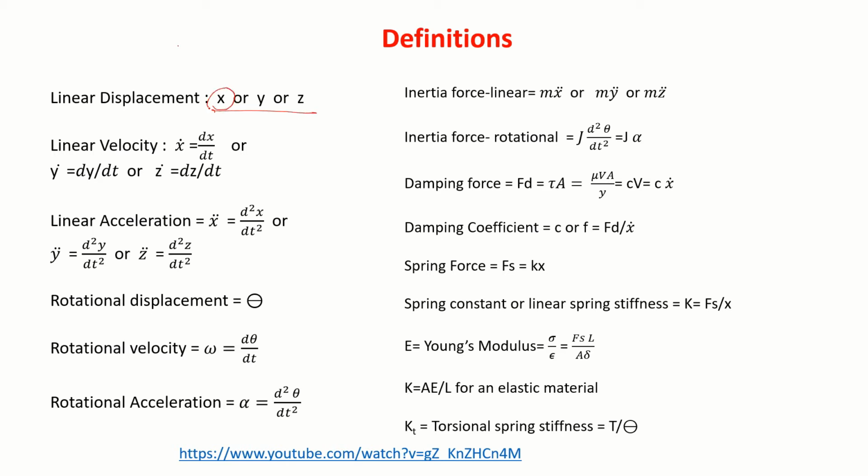So displacement in x direction, let me represent by x. Displacement in y direction, let me represent by y. Displacement in z direction, let me represent it by z. Suppose this is the x direction I am talking about. This is point A, that is point B. Displacement in this direction, from point A to B while moving, it has to move with certain velocity.